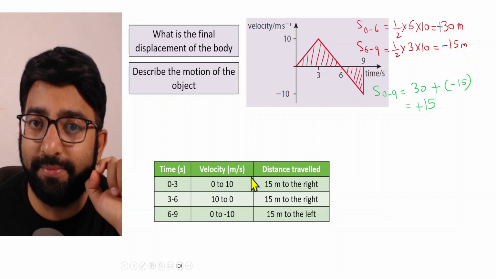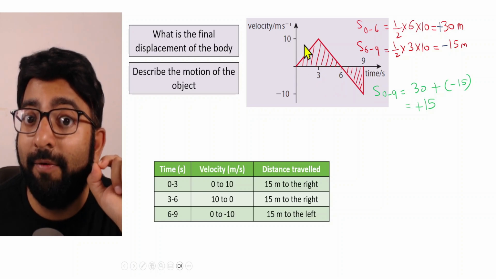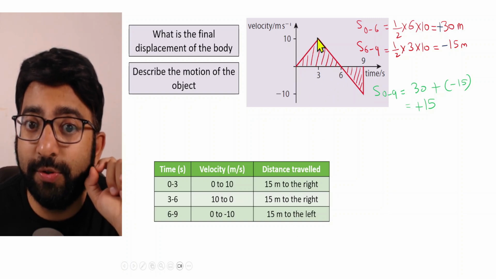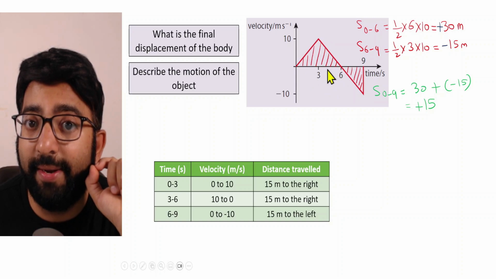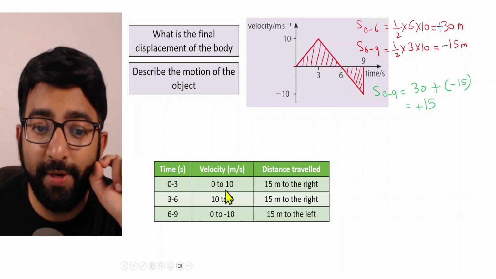hence 15 meters. Similarly, from 3 to 6 seconds, the total displacement traveled by the body will be again half of the area of the triangle, which is 15 only. And also we saw at 3 seconds, the velocity was 10. And as time passes by, till 6 seconds, velocity drops from 10 all the way till 0, which I have